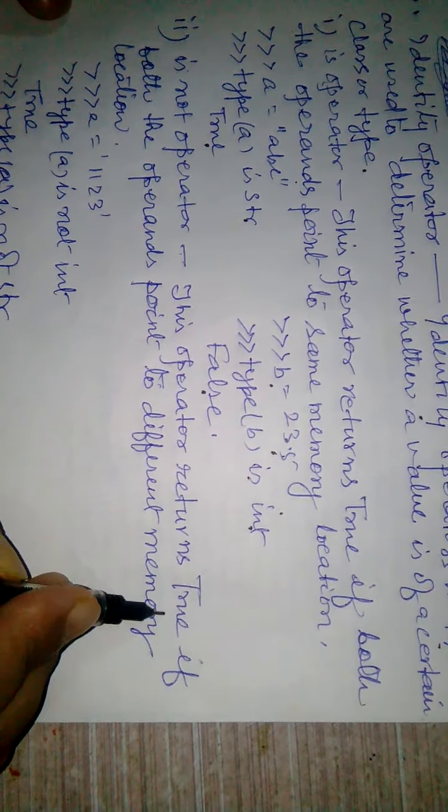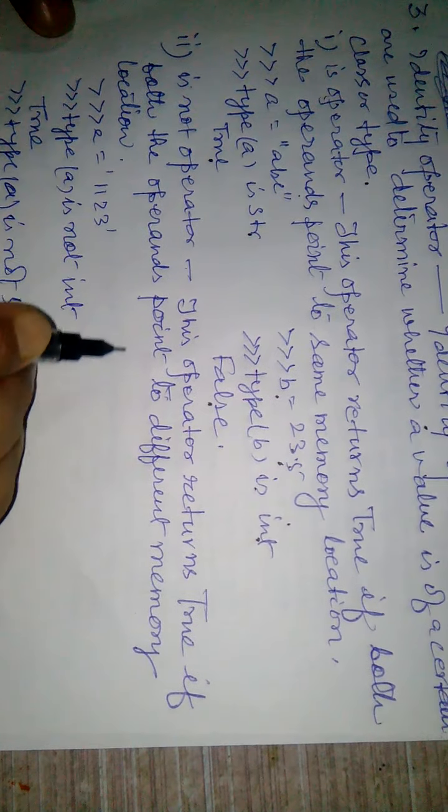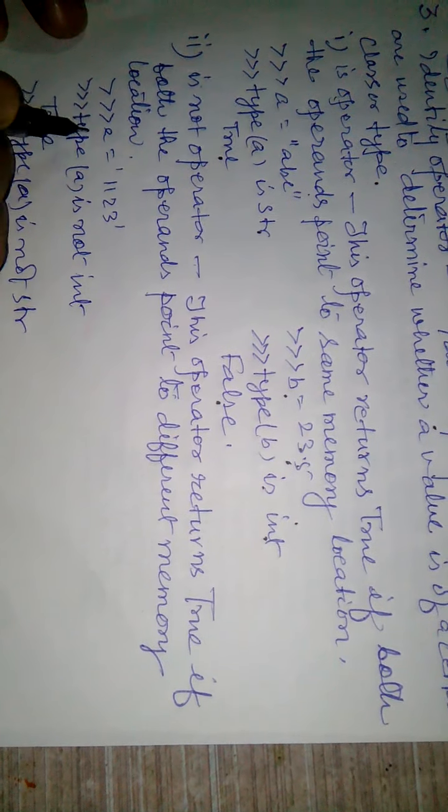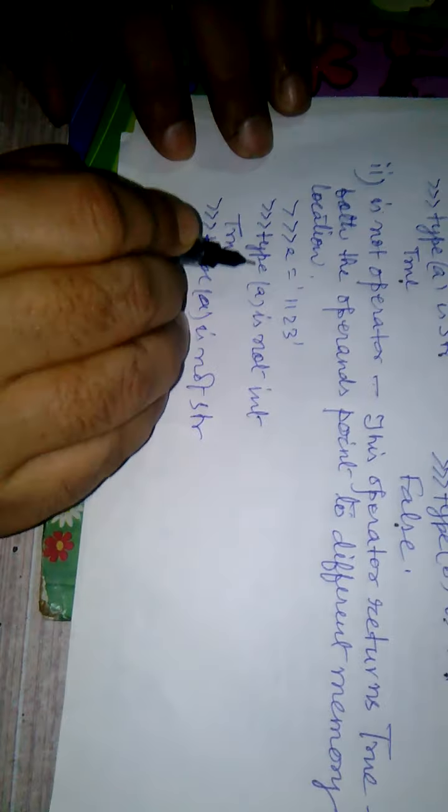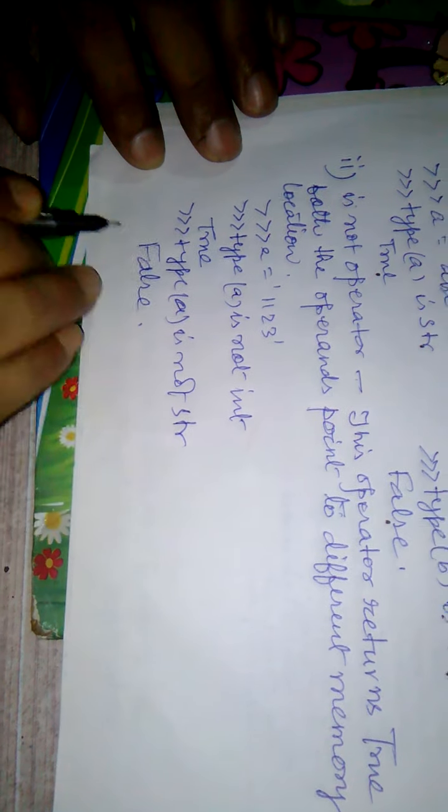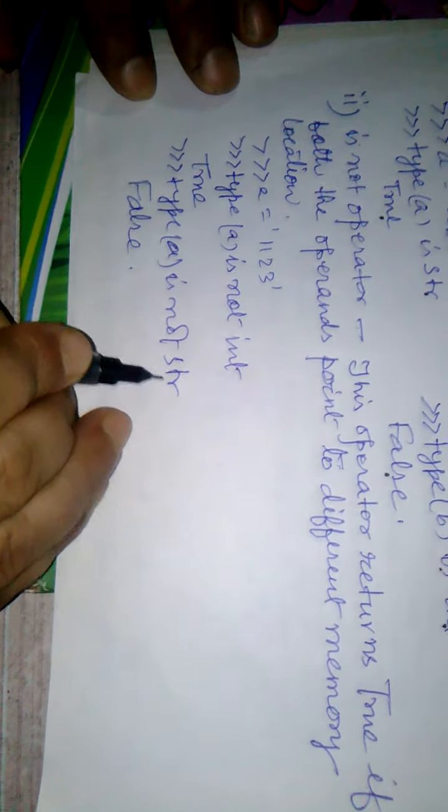The is not operator. This operator returns true if both operands point to different memory locations. A equals '123' within single quotes, type A is not int, which is true, and type A is not str, which is also